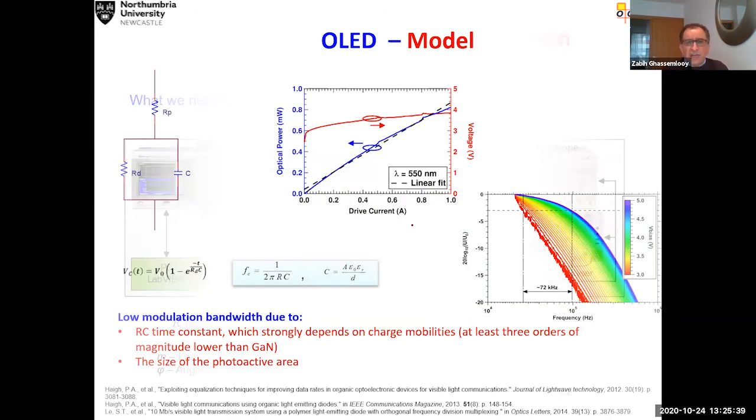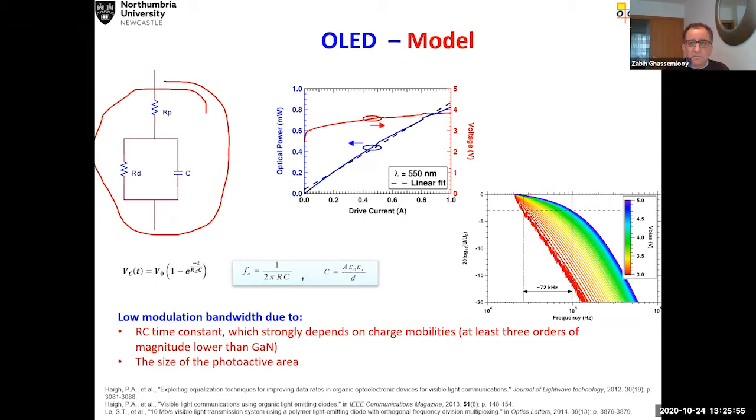Well, we are electrical engineers. The first thing we do is always model the device. So we have a layered semiconductor structure. It is a sandwich type, so we can represent it as a very simple RC filter. And that's it, a simple RC filter represents your OLED. Once we have a model of it, we can find out the cutoff frequency, and the cutoff frequency is a function of the capacitance.